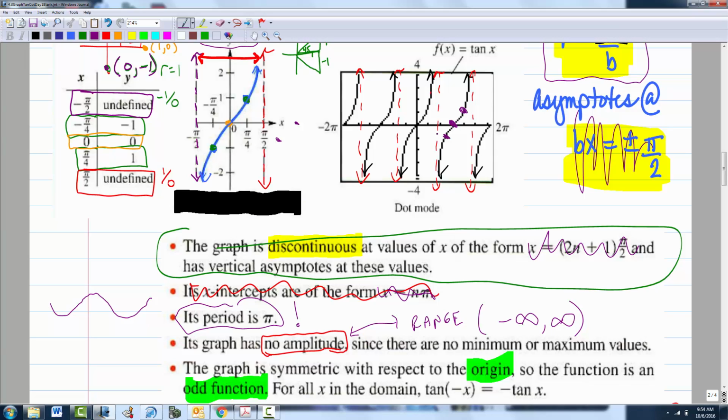Now, the domain does have issues because there are asymptotes. Domain means x. I don't think we really talked about that a lot this year. Last year, we did the green book first. Domain, range, hammered in your head over and over again. August, September, October. Then by November, we get into the trig book and we can have discussions about it. So, by the way,